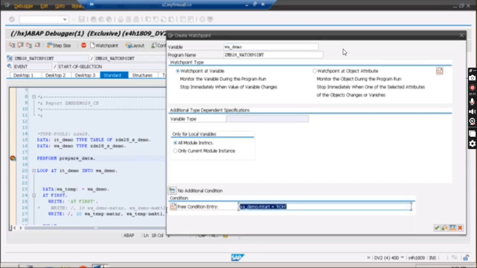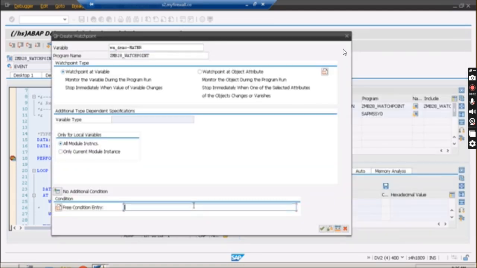It was not working perfectly for the material number. But one thing we can do, without giving the condition directly, is give it like this. Whenever a material number is changed, it will stop. Here I'm not giving any condition.